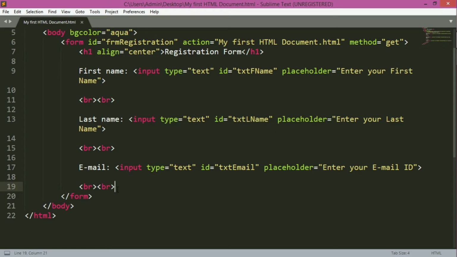And today we are going to learn how to add radio buttons and checkboxes in HTML. So let's learn what are radio buttons first. Radio buttons are used to provide 2 or more options to the user and allow him to select only one option. For example, gender. In gender, we give 2 options saying male and female, and the user should be able to select only one of these 2 radio buttons.